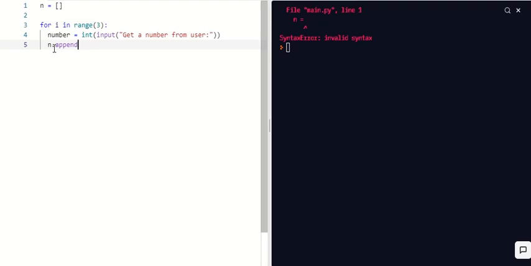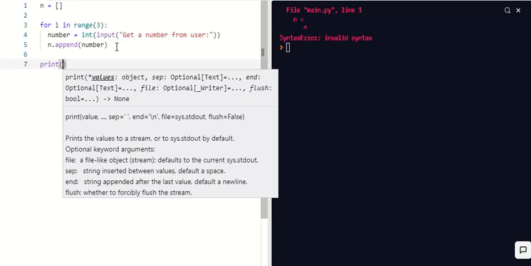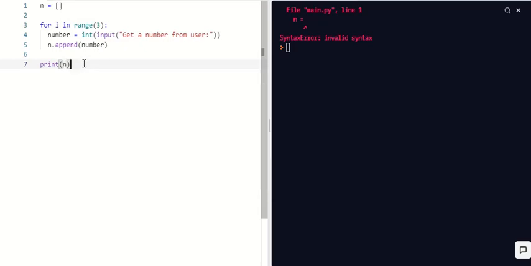What we want to append, or add, to this list is the numbers the user types out. So we can simply have n, which is the list, dot append, which means whatever is in these parentheses is going to be added to this list right here. In this case, we're going to append the number, which means whatever the user types 3 times. Now to make sure that this works, we're going to simply print out this list. So now if you print n,